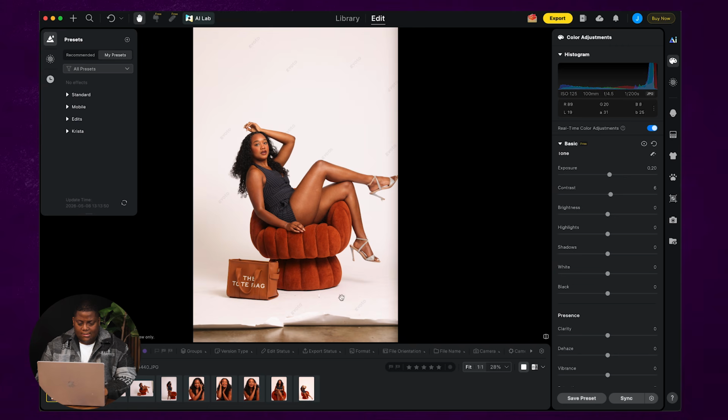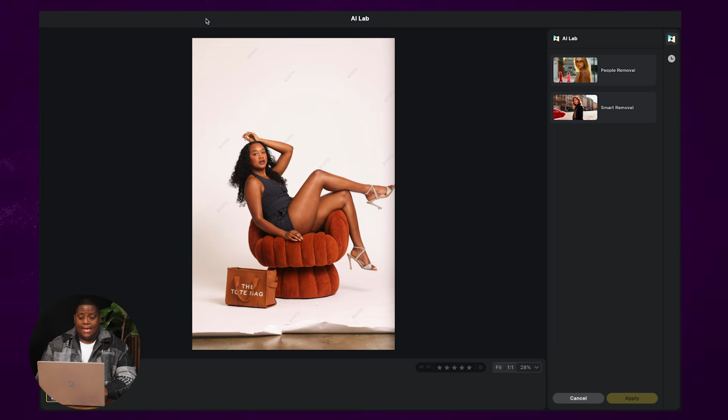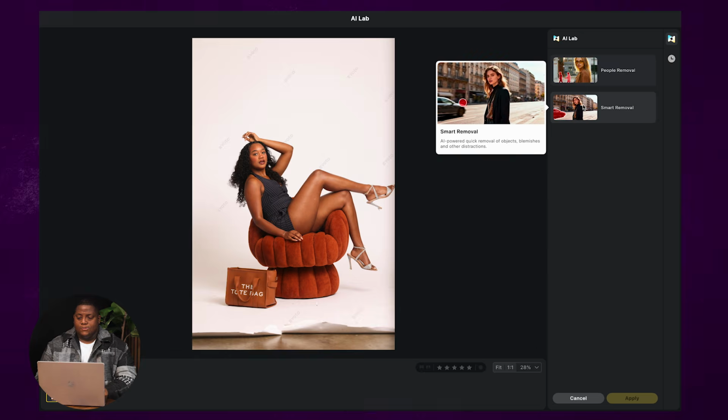And so the next thing I notice is my background. I just want a nice crisp white. This was supposed to be a commercial image. And so when I bring it in here, I want to remove all the floor at the bottom. So there's two ways you can do this. One, they've got an incredible AI lab. So in the AI lab, you can do smart removal,